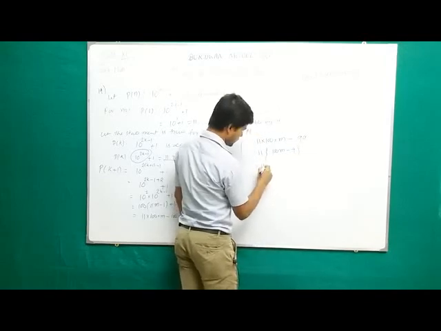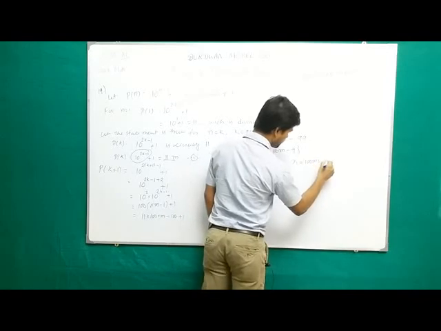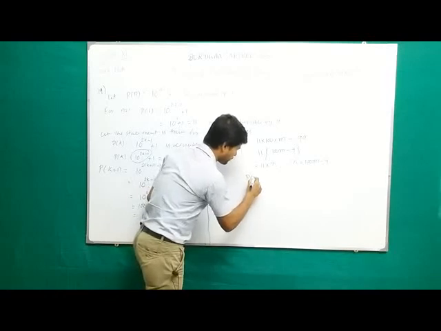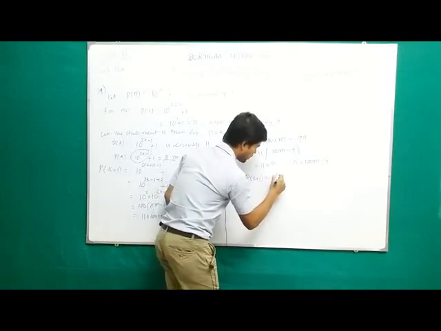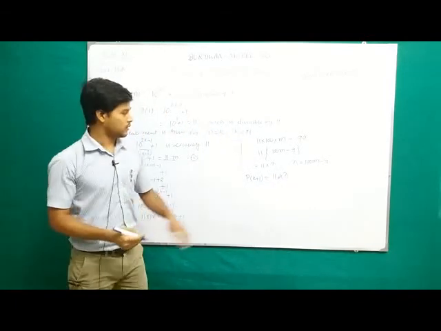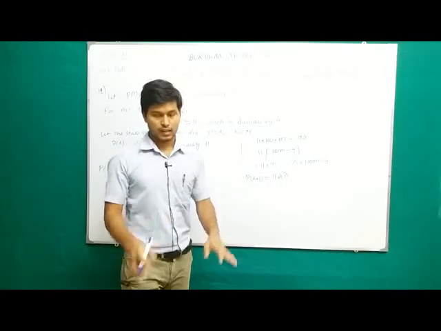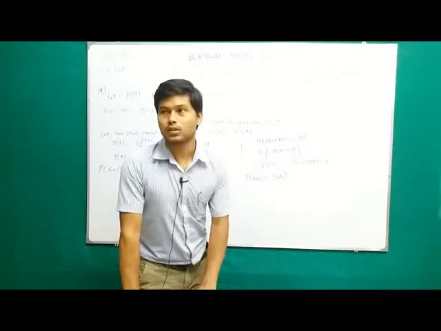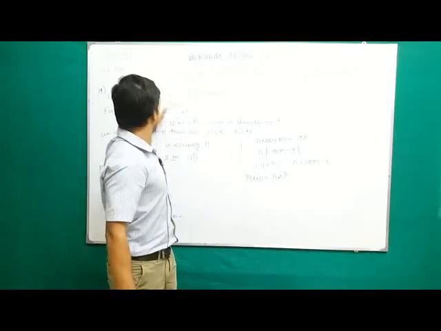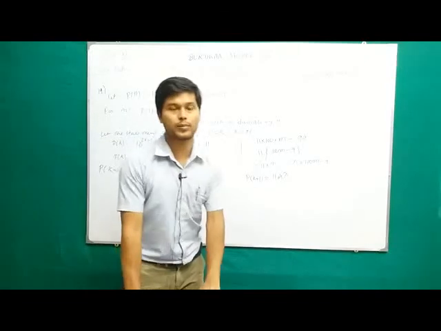Now consider 100m minus 9 as lambda, where lambda equals 100m minus 9. That means P of k plus 1 is equal to 11 into lambda. So we can say that P of k plus 1 is also divisible by 11. Therefore, P of k plus 1 is also true. So by the principle of mathematical induction, we can say that the statement P of n, 10 to the power 2n minus 1 plus 1, is divisible by 11.